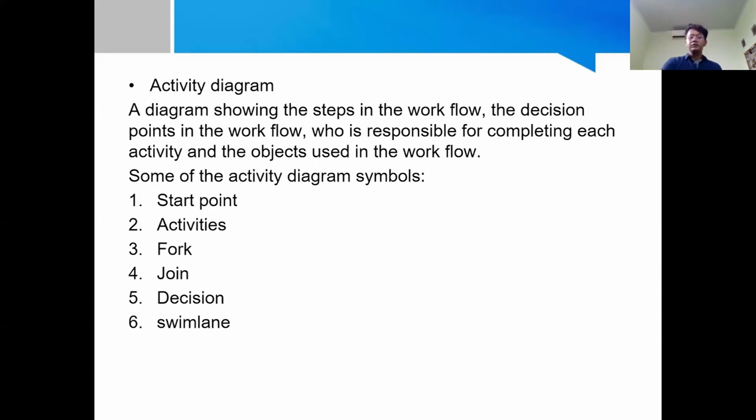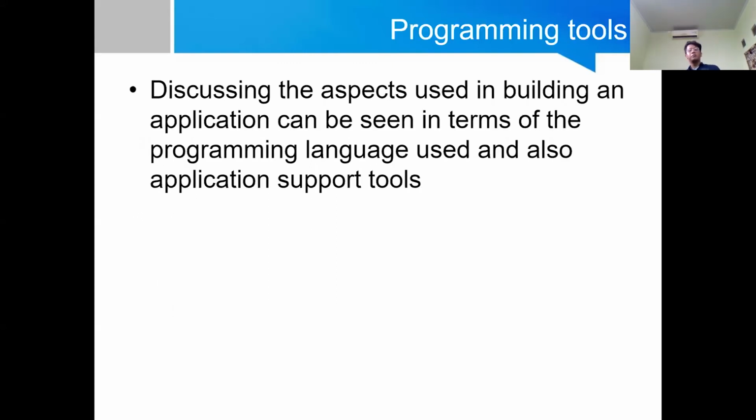Number two, activities. Number three, for. Number four, join. Number five, decision. Number six, swim lane. Programming tools. Discussion. The aspects used to build an application can be seen in terms of the programming language used and also